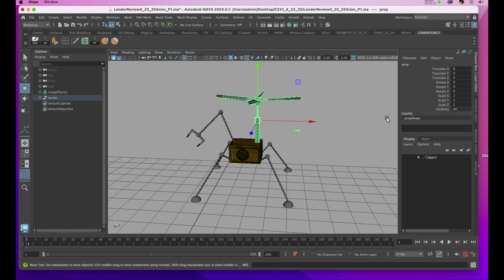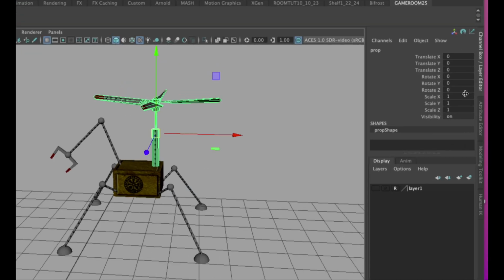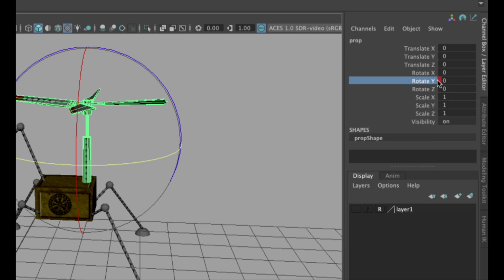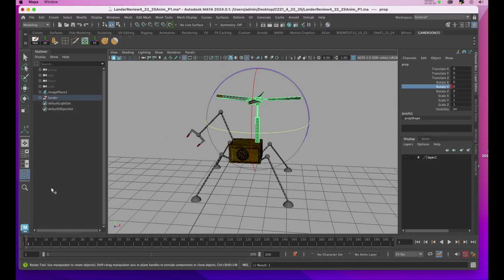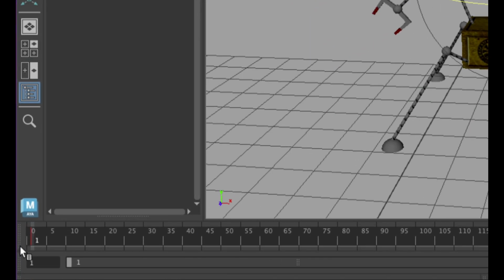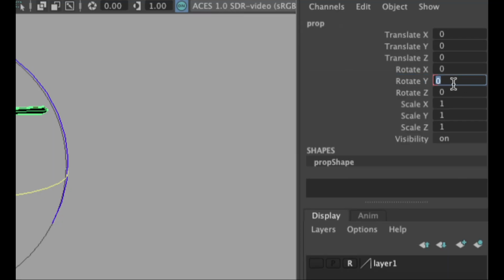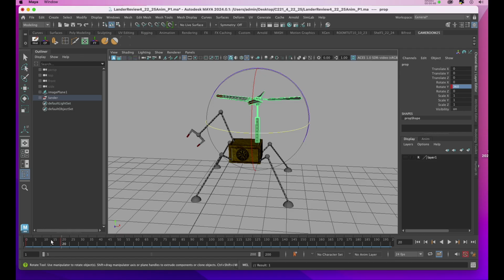With the playback head at frame 1, we'll go up to the channel box, and I'll right-click on the word Rotate Y, and I'll choose Key Selected. You'll see a red bar, and you'll see a corresponding red line in the timeline itself. I'm going to put the playback head at frame 20, and then I'm going to change the 0 in Rotate Y to 360. If I were to drag through my timeline now, I can see I get one rotation,